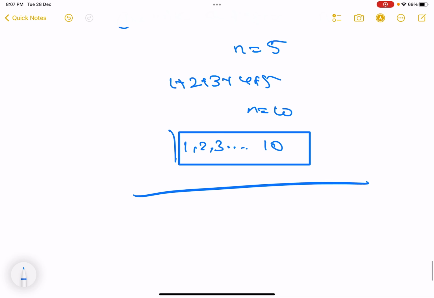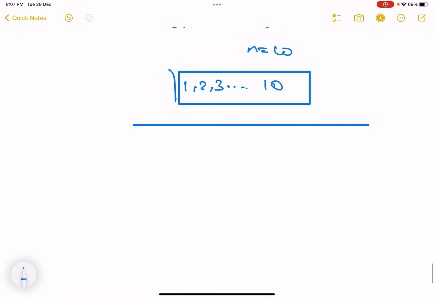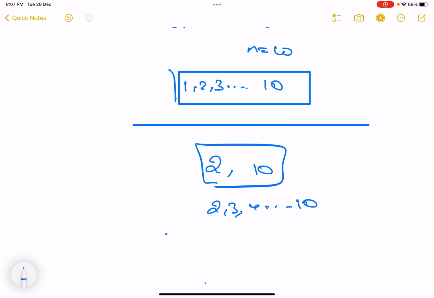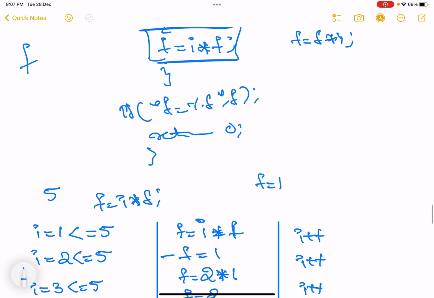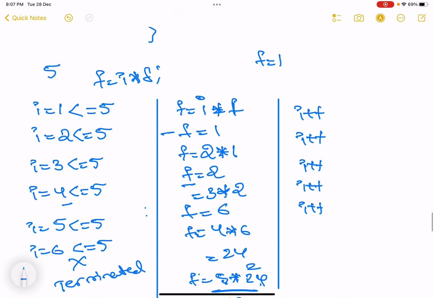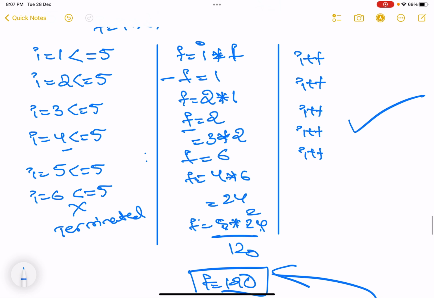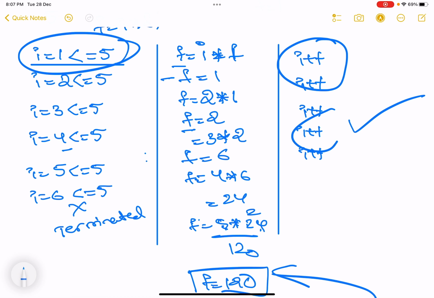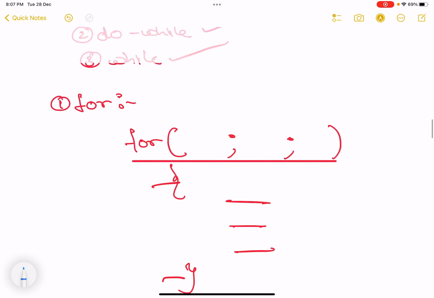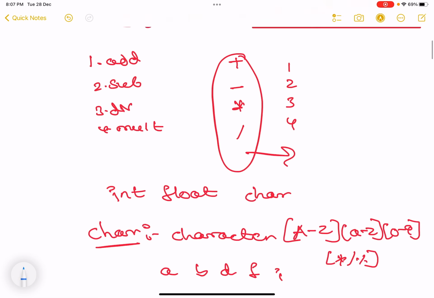And if in case it looks simple for you, then you can say enter the range. That is, you can enter the lowest as 2 and greatest of 10. Then you should print the sum of all the numbers 2 3 4 and so on up to 10. You can write this program also. So make sure you people understand the for loop today. And this table is very important. You need to understand what is happening. The initial part is to check the condition. The second part is whether it terminated or not. The full program is based on I plus plus and I minus minus. I hope this much is clear.